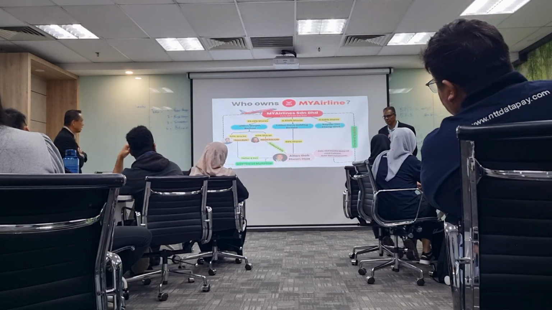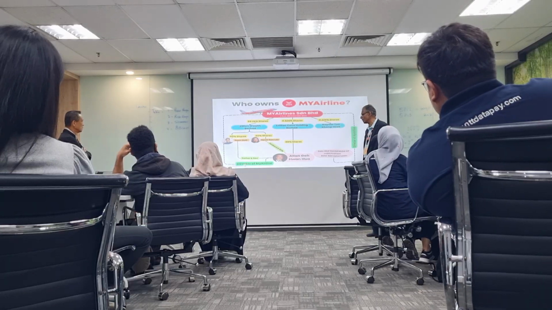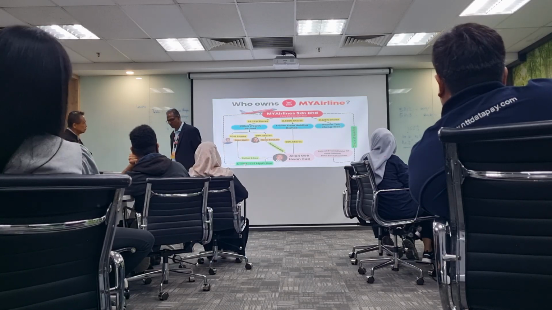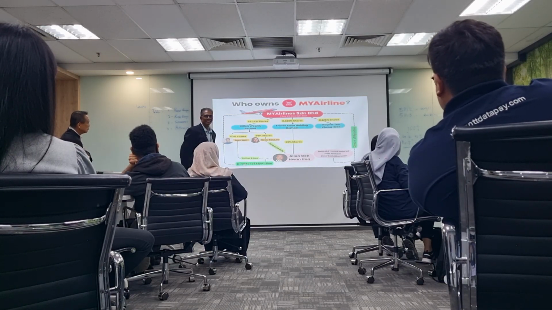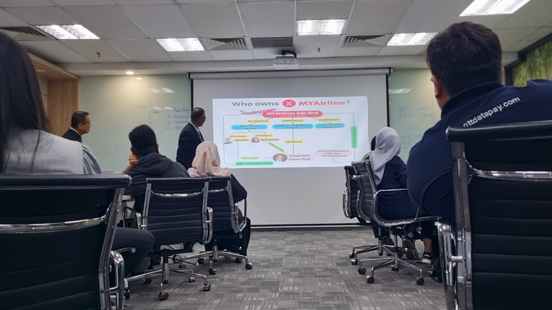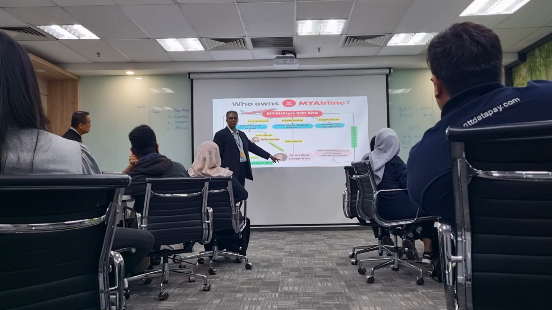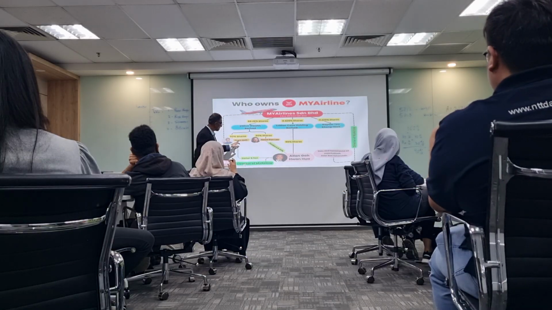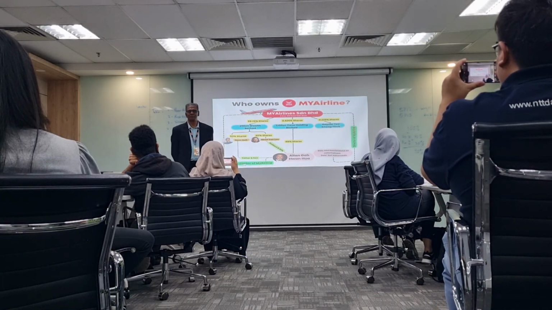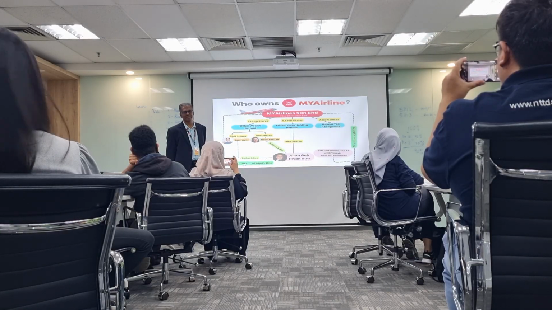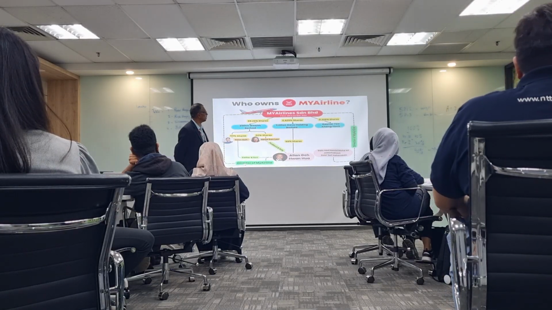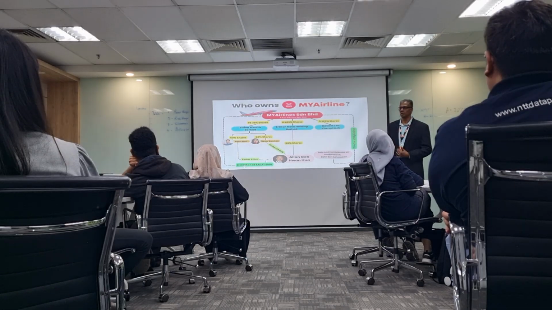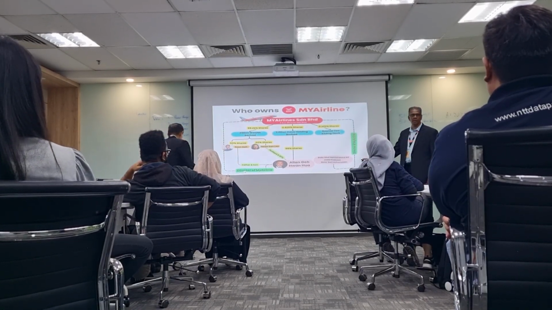So who's the beneficial owner? Because he's the senior manager. So now you can see that he is the ultimate beneficial owner. He is the UBO. This is the wife, this is the son. So this is a real case, huh? Not made up, huh? Because when this alliance was planning to close and all that, because remember this